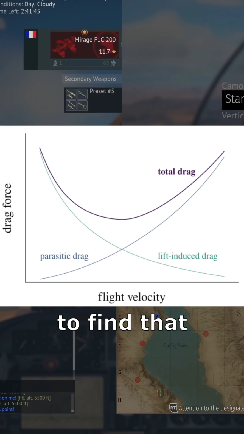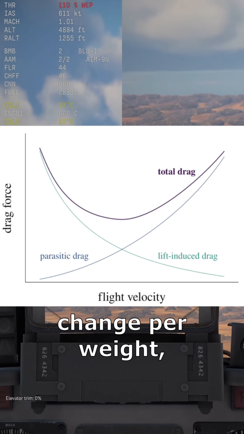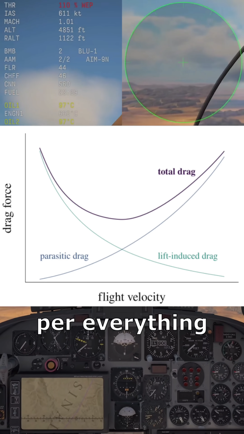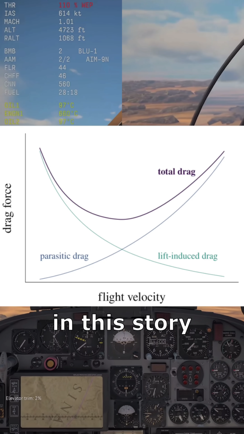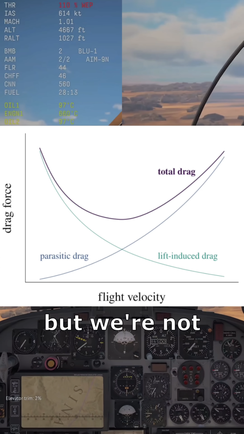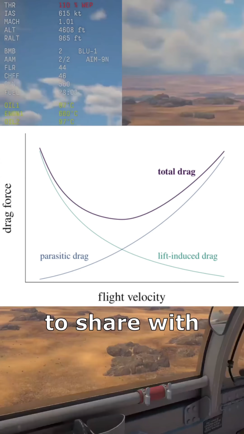So you need to find that optimal turning point for your particular aircraft, and it will change per weight, per altitude, per everything, because you would also get the thrust available in this story actually, and that changes per altitude. But we're not going to touch that now. So yeah, that's something that I wanted to share with you guys, is how